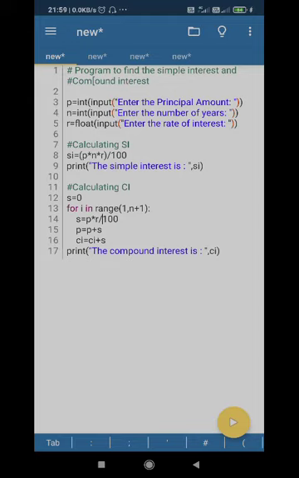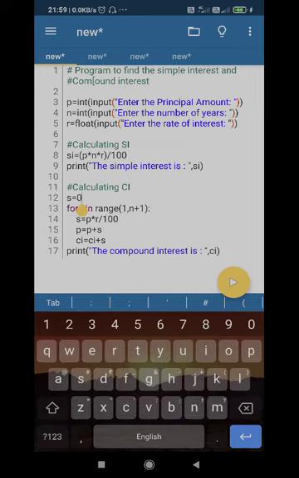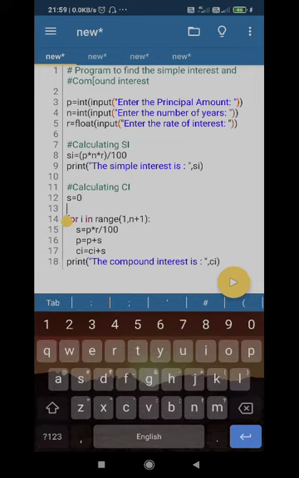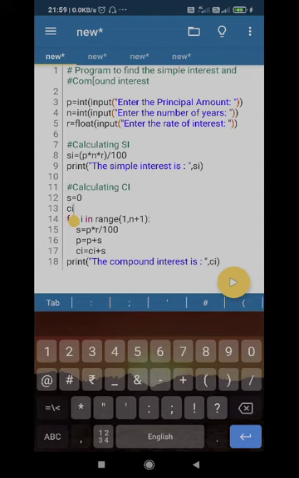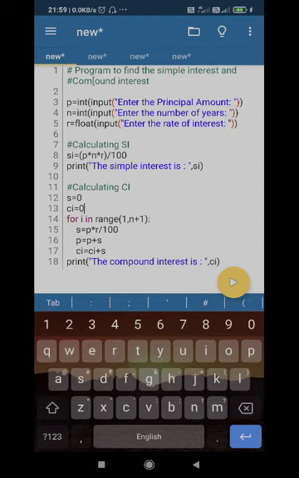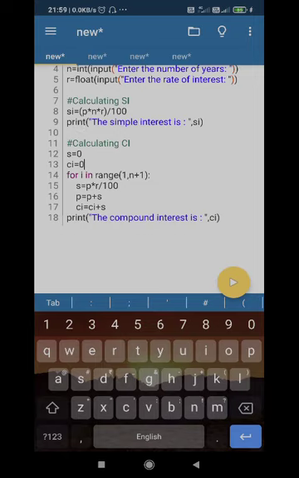The compound interest will be CI plus S. So CI must be 0 initially, then only this will work. So you can add CI as 0 here initially, so that CI will be the simple interest first, then next year also you will calculate that. It goes on like that.